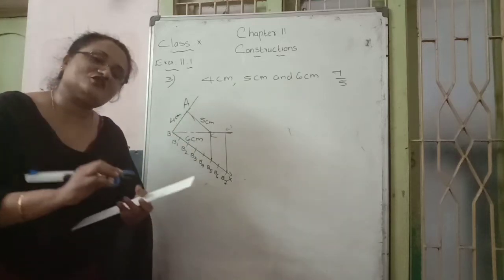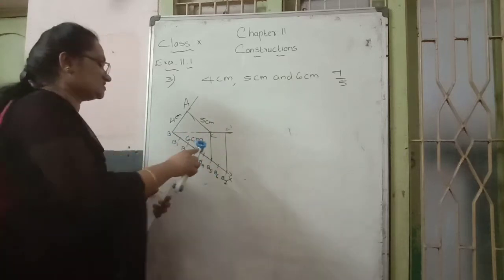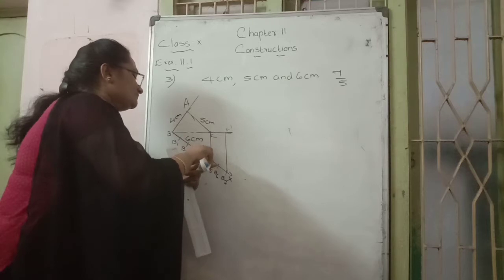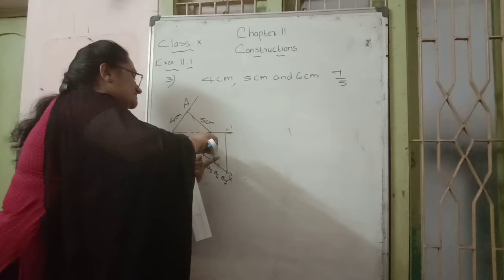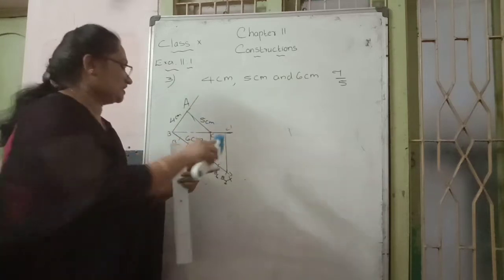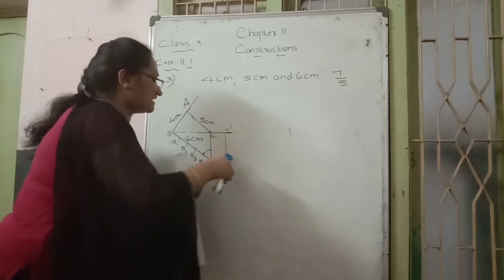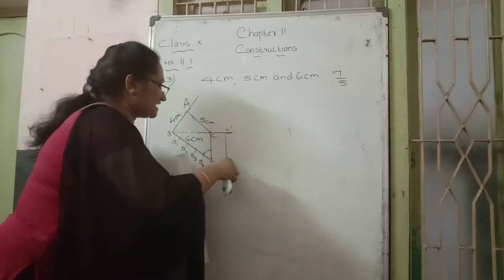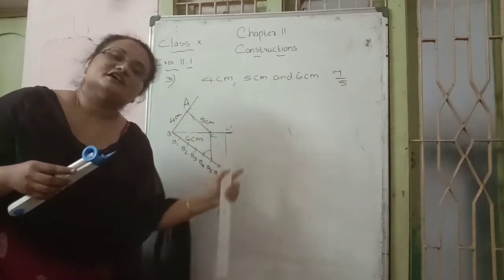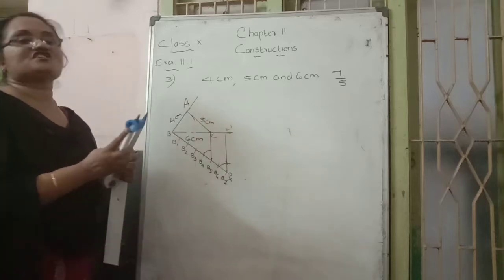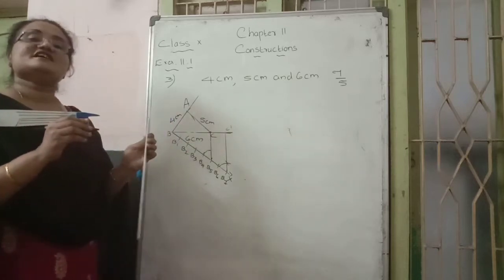Or arc-wise, how to draw? Take B5 as center, no measurement, draw simply one arc. With the same measurement, take B7 as center and draw the same mark, and don't fold your compass. These 2 are the intersecting point. Join with a straight line, that is a parallel line for B5C, and mark the cutting point as C dash.